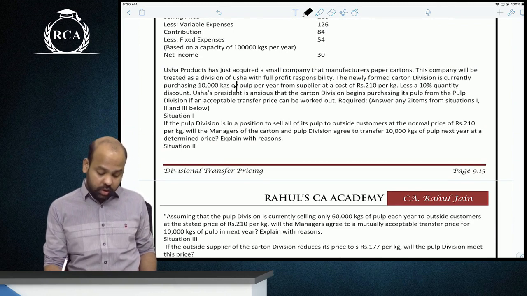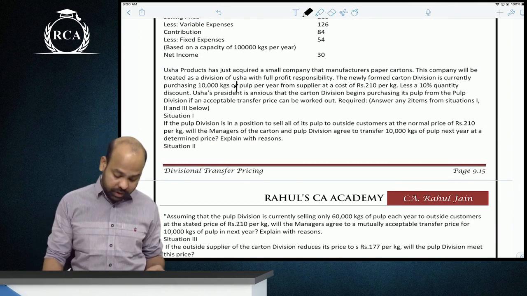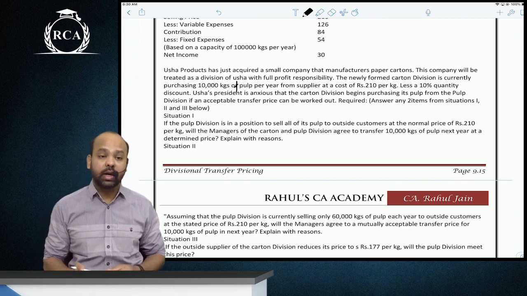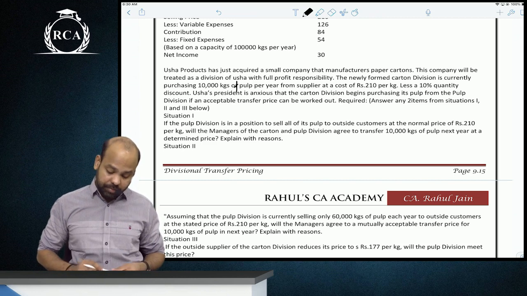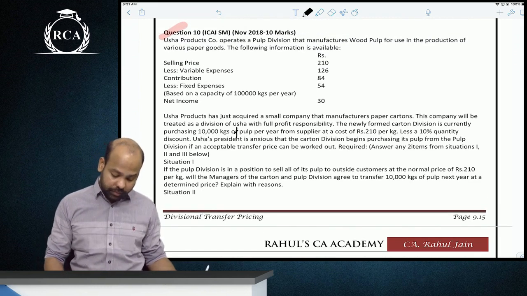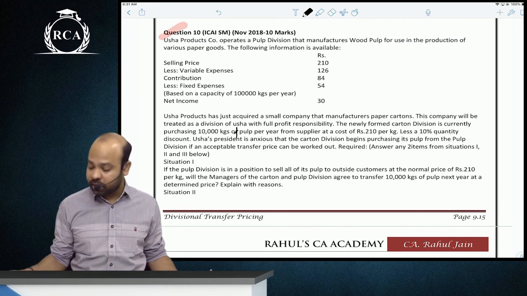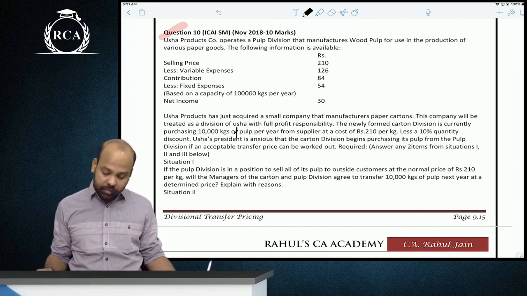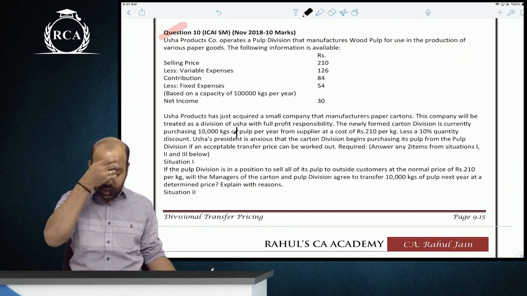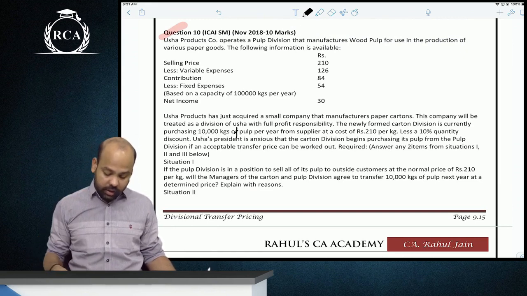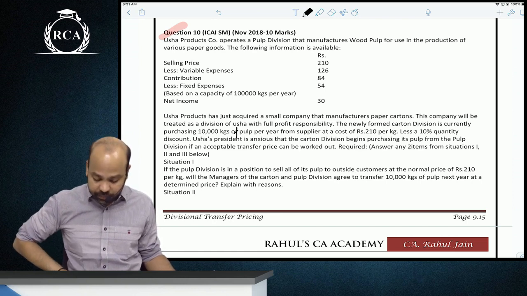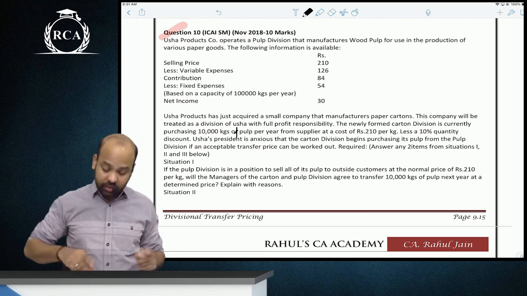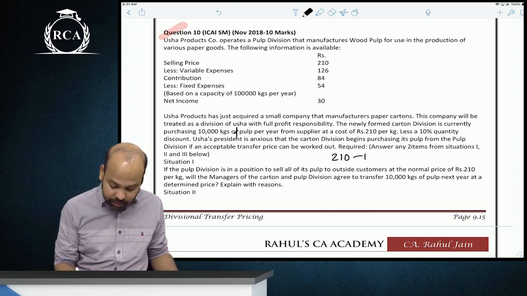Situation 1. If the pulp division is in a position to sell all of its pulp to outside customers at a normal price of 210 per kg, will the managers of the carton and pulp division agree to transfer 10,000 kgs of pulp next year at a determined price? Explain with reasons. Your carton division is already procuring it from outside at 210 less 10% discount,